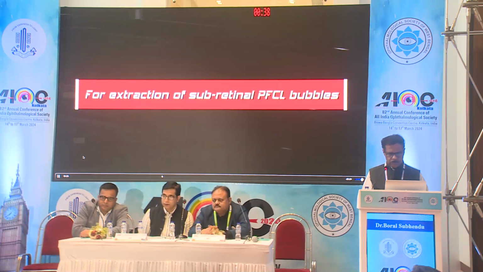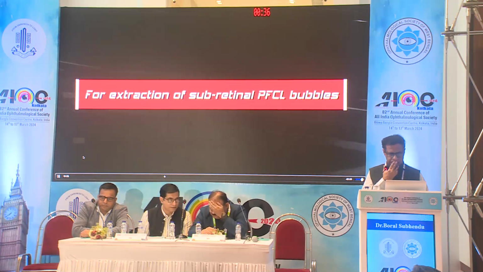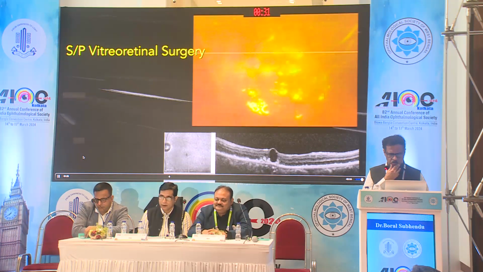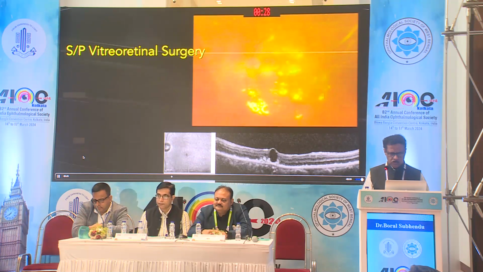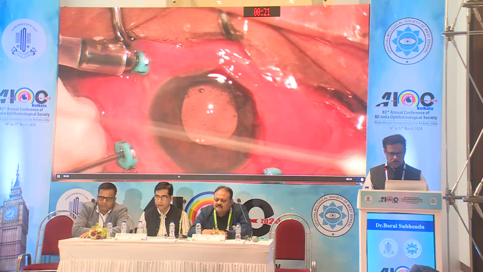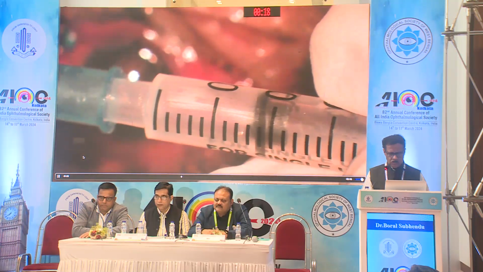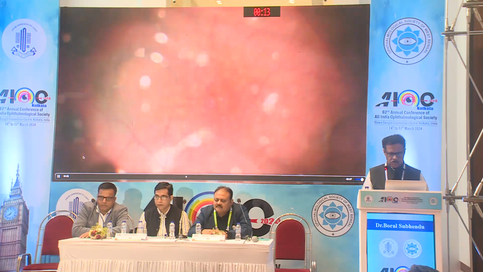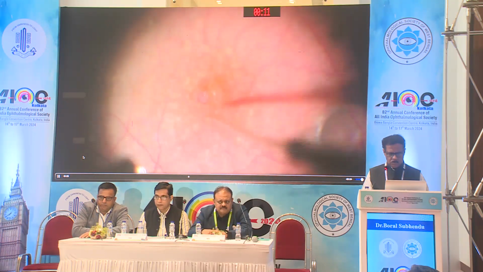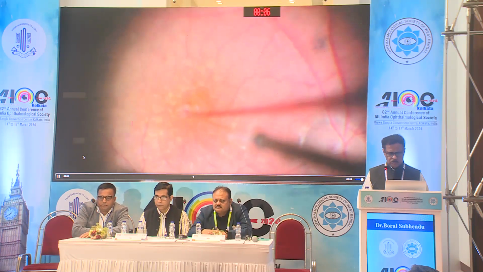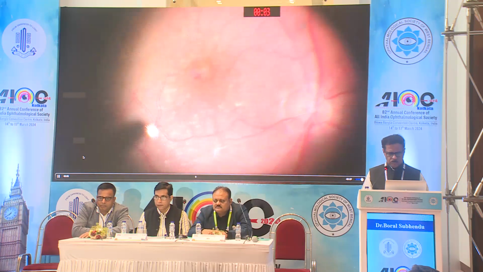Firstly, the practical application for extracting subretinal retained PFCL bubbles. Here it's a case of status post vitreoretinal surgery with a retained subfoveal PFCL bubble with best corrected visual acuity 20/200. I used our Micro VFC using a metallic tip 41 gauge cannula in this case. After extracting the silicone oil, I went ahead with this Micro VFC. I directly pierced the fovea with the metallic tip and switched the extraction mode on with around 300 to 400 psi to aspirate out the PFCL droplet.